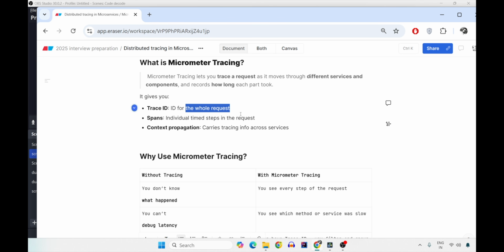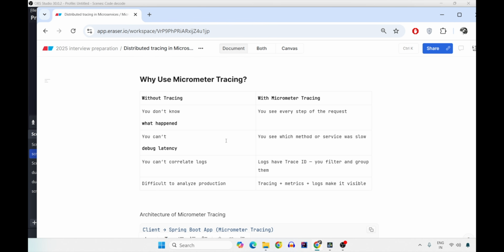As you go into the restaurant, the order number that you get is a unique ID. The span ID is an individual timed step in each request, that is, how much time a single microservice took, and the ID for that one microservice.